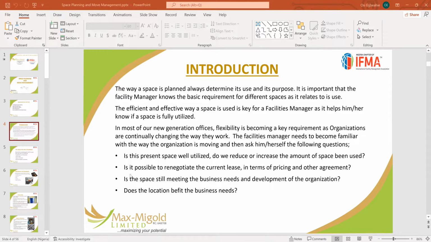It is often advised that a lease agreement has a little bit of flexibility for renegotiation, such that when things are not going the way you plan as a facility manager, you can advise management to take the right step towards renegotiating the lease to get a little bit of leeway. Most of the time, we will always advise that